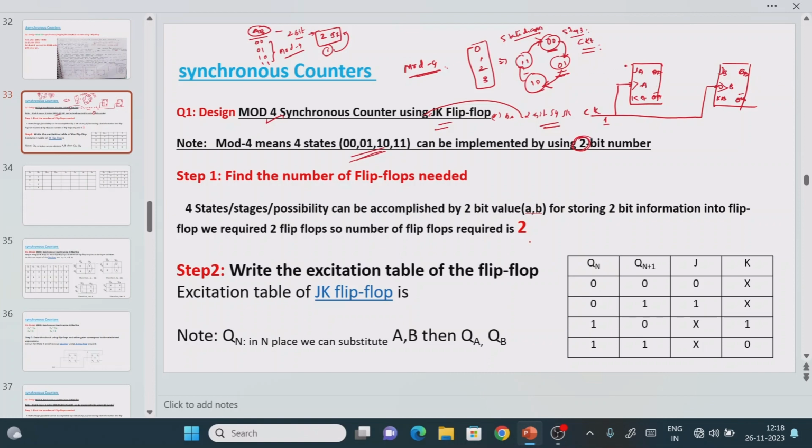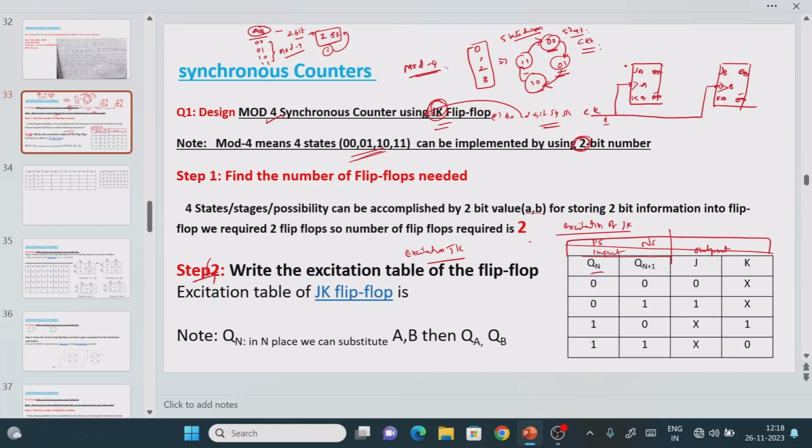What is the step 4 we have to do? Step 4 is which flip-flop we are using here. If you observe, it is the JK flip-flop, so we need to draw the excitation table for the JK flip-flop, right? As we know, in the excitation table, the inputs are the outputs and the outputs are the input values. So these are the output values for the flip-flop, right? Here Qn is called the present state, and Qn plus 1 is called the next state value.